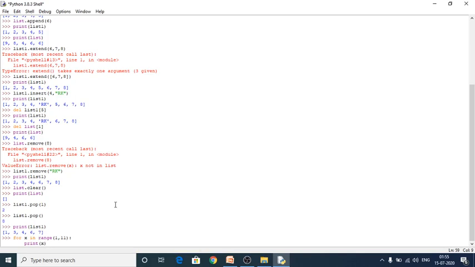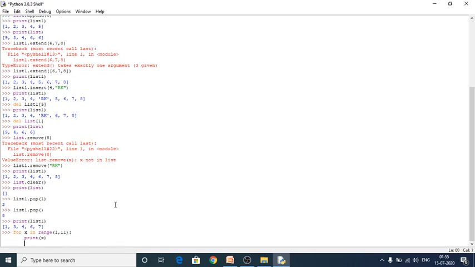Within the range function I have given start value and end value. Start value is 1, end value is 11, but here it takes 11 minus 1, because Python always takes upper limit minus 1, which means n minus 1. So it will take the end value as 10 only.